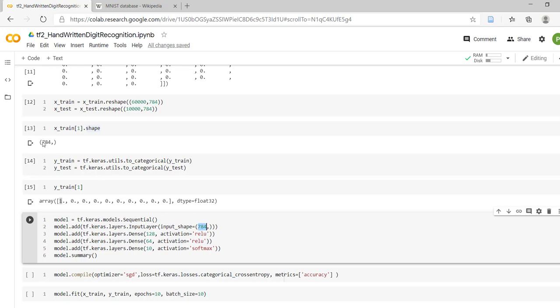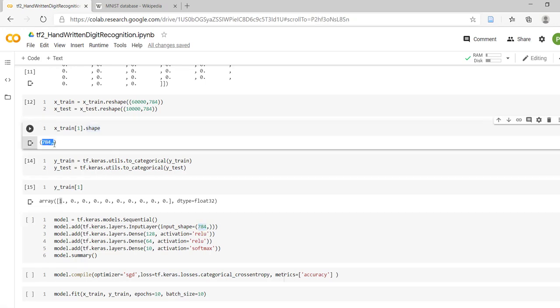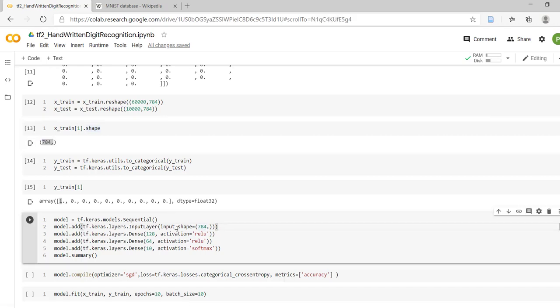We have converted the xtrain images and xtest images into 784 shape. So we are using that input shape over here. Remember this, input shape must be a parameter for the first layer of the neural network. Now after that we are adding the different layers.